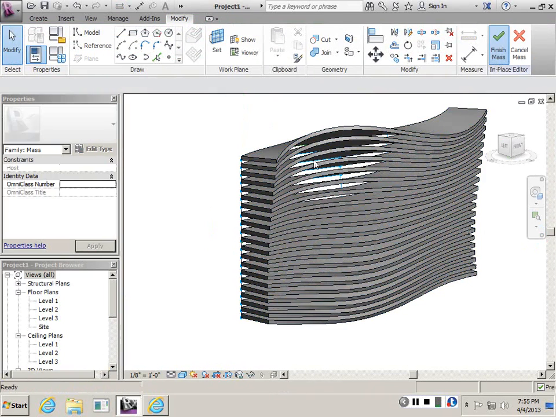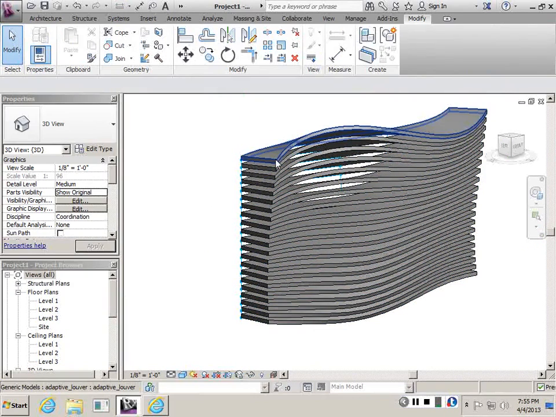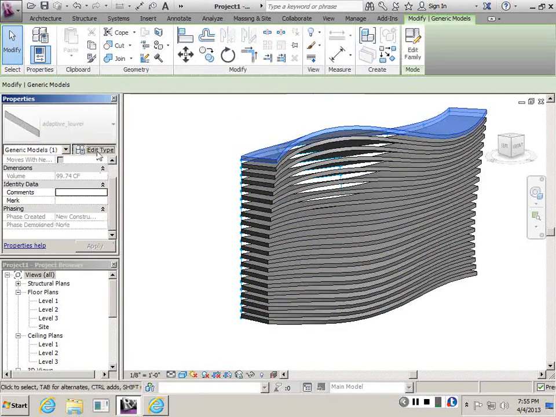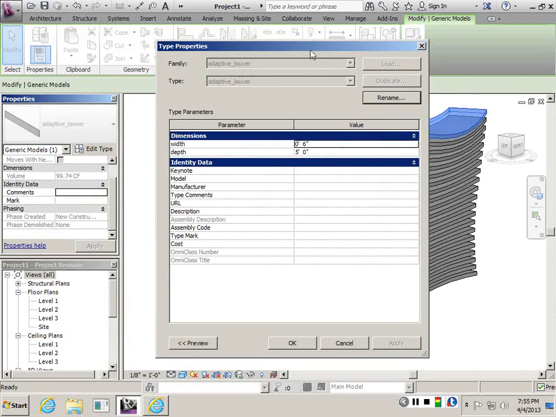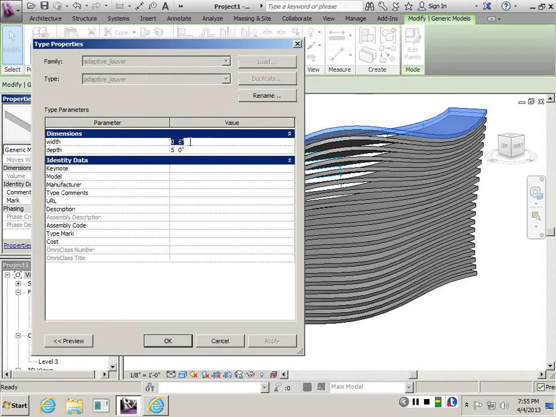Say finish mass. Okay, you have to get out of the mass family, and then here I can specify a different width and depth. Let's say our width is going to be thinner, and then the depth is going to be smaller as well. And when you say apply,